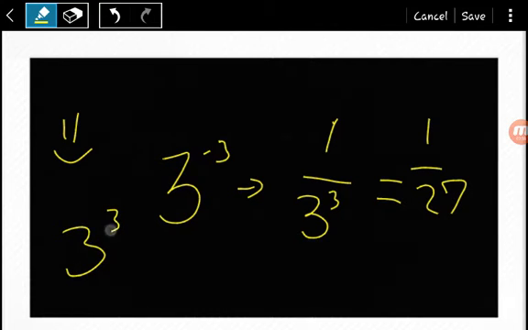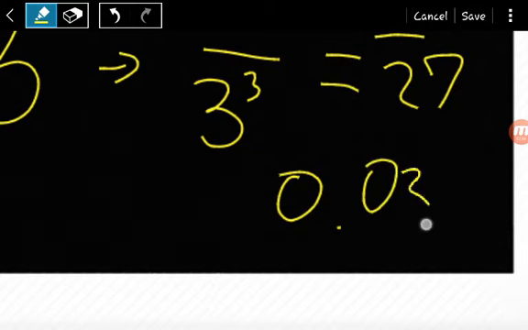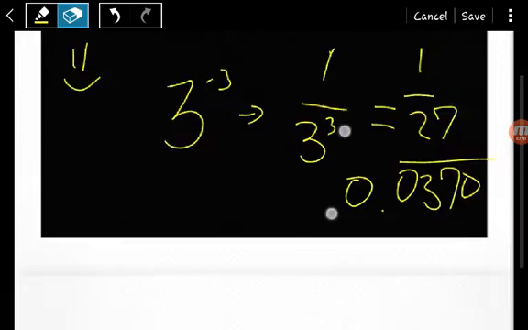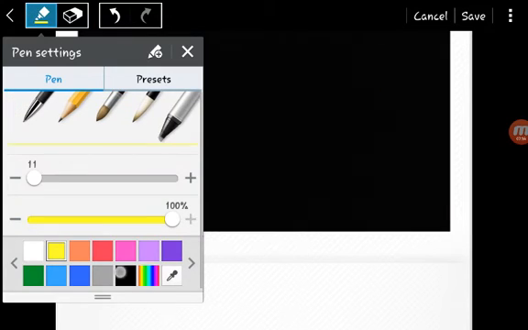If you remember, 3 cubed is also equal to 27, so then you can solve it, and that's 0.0370 repeating. There's some confusing numbers in exponents. So,